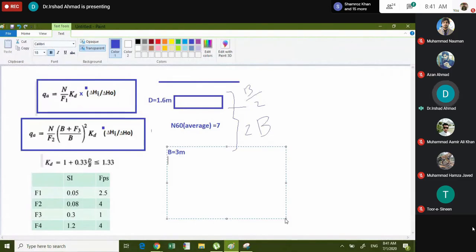Which equation to use, equation 1 or equation 2? Tell me. Since B is greater than